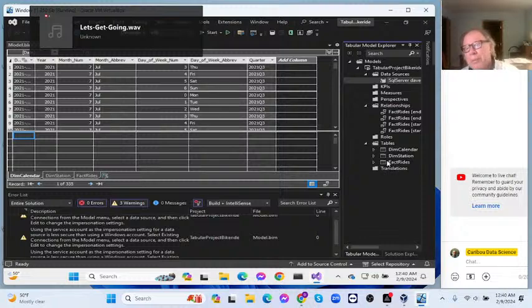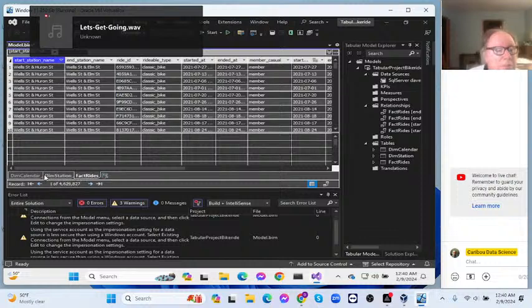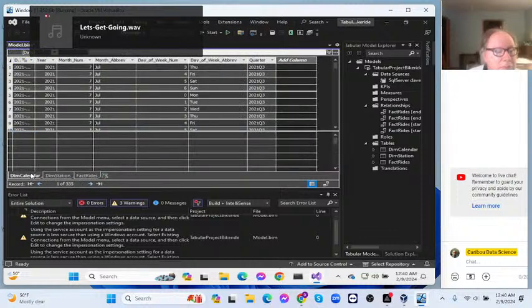And there's the three tables down there. Relationships. Let's see what we got up here now. Here's a dim table. Here's a fact table. Now our object